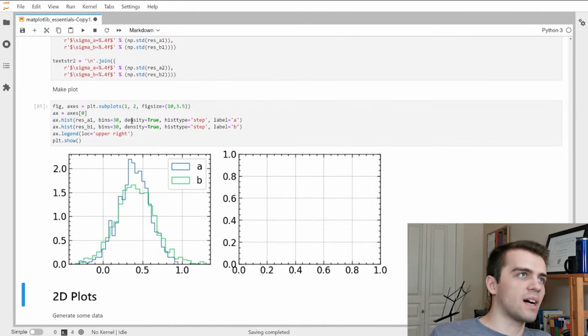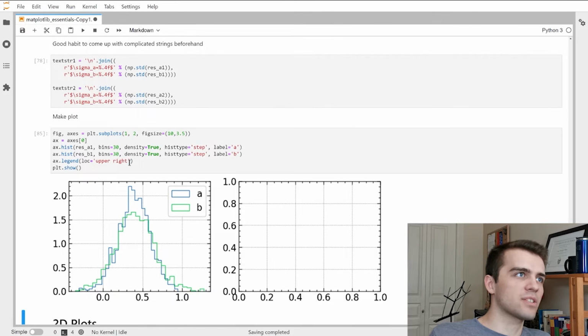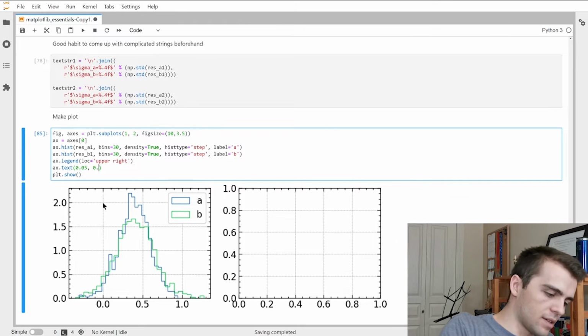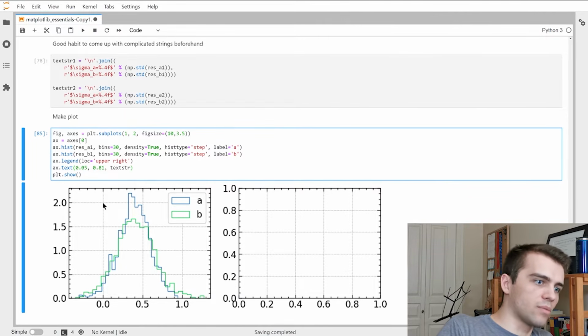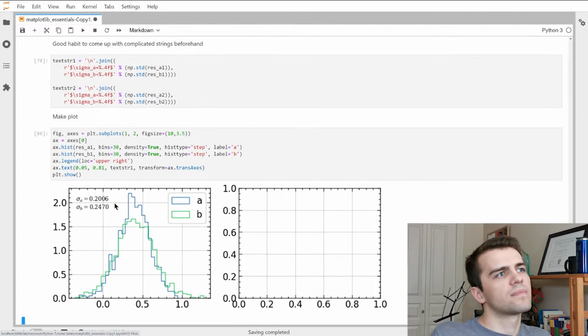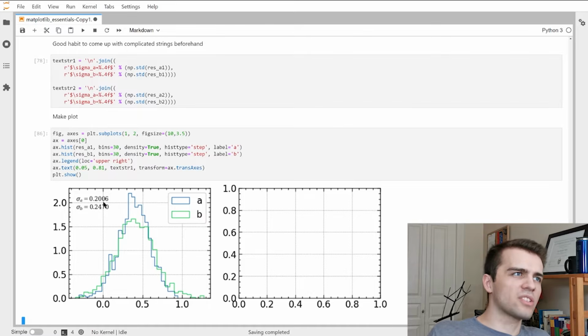Some other things, I want to add the text here from this. So I can go ax.text. I found a good location with 0.05. So that's like right near here, and 0.81, which brings you up here. 0.81, and I'm just going to add text string 1, and I have to add transform equals ax.transAxes like this. So now I have this up here, but you'll note that there's these grid lines